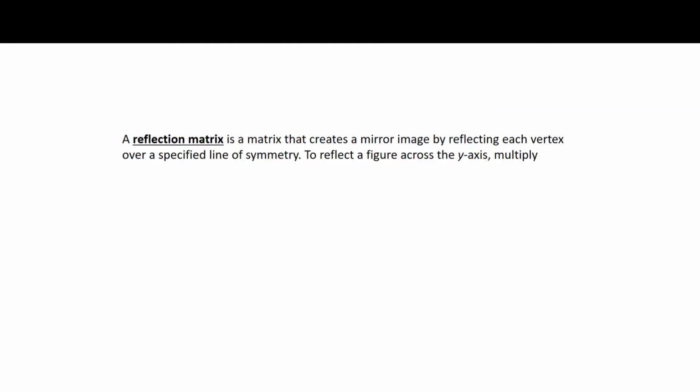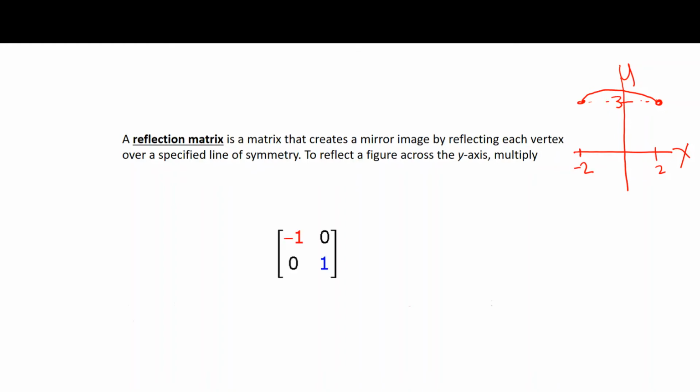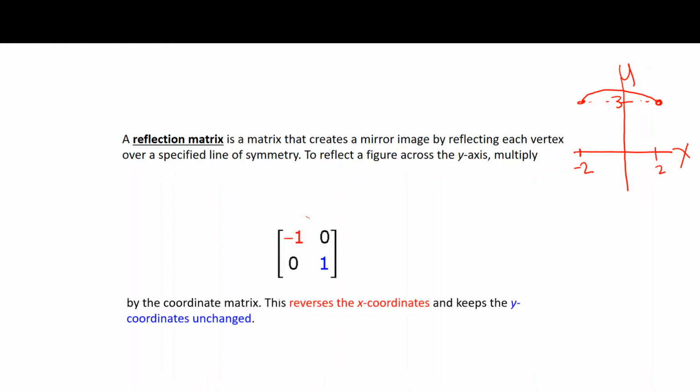A reflection matrix is a matrix that creates a mirror image by reflecting each vertex over a specified line of symmetry. Let's recall what that looks like. If we have our x and our y and we have a point, let's say this is point 2, 3. If we're reflecting it across the y-axis, our x is going to change from +2 to -2, but our y stays the same. Okay, so to reflect a figure across the y-axis, you're going to multiply this matrix